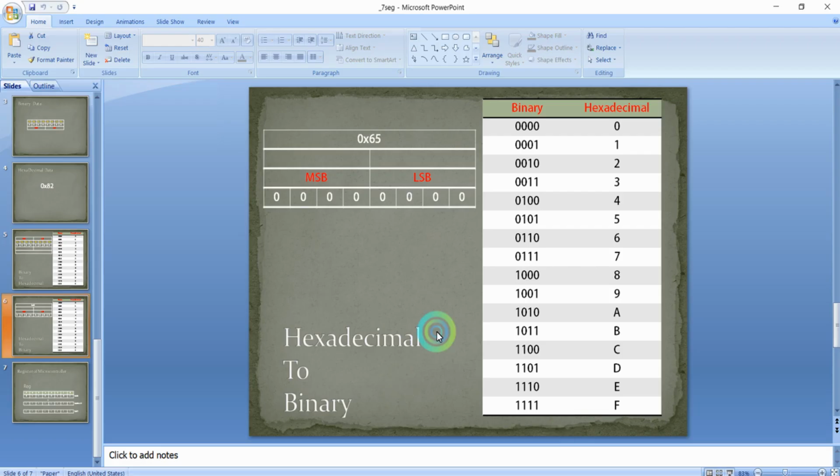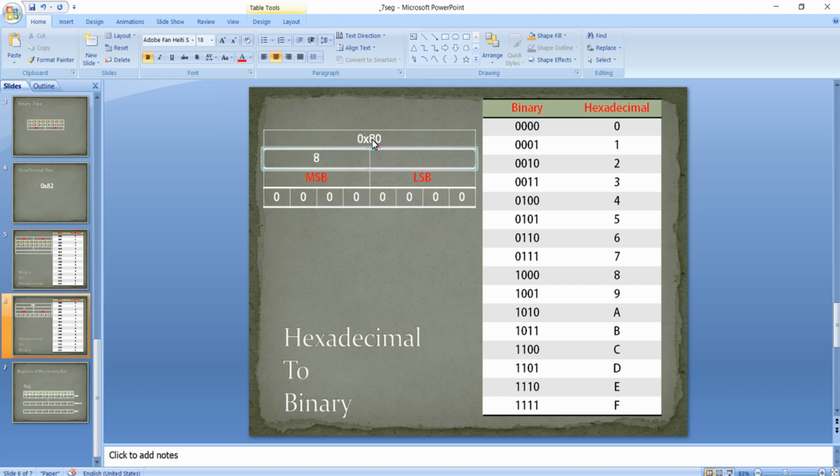I hope you remember the conversion from hexadecimal to binary. Let's assume that the data is 0x80. For converting this data into binary, we split the data into MSB and LSB.